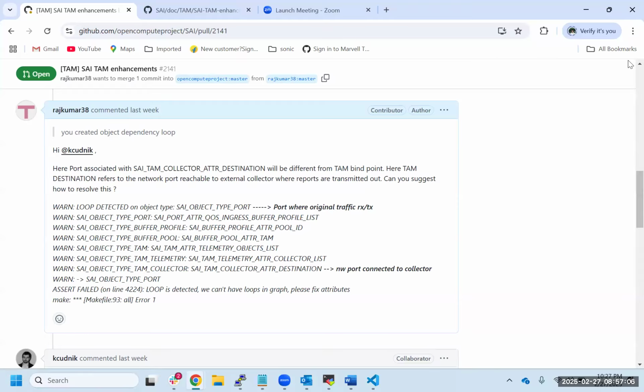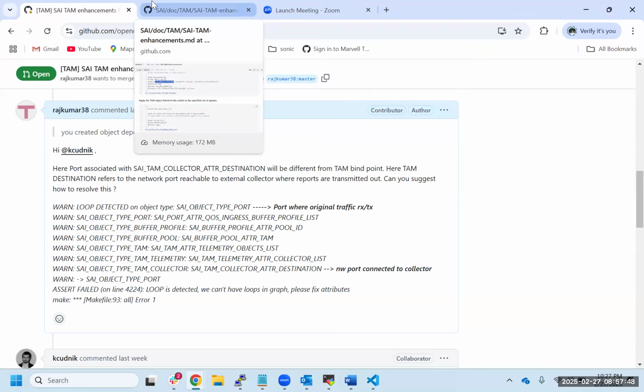I'm not sure about the actual use case here because I don't know the TAM objects. But in some other cases that we have, I think similar loops in the past were solved in a way that instead of having the attribute on the object that was causing the loop, an attribute was added at the start of the loop on the object.